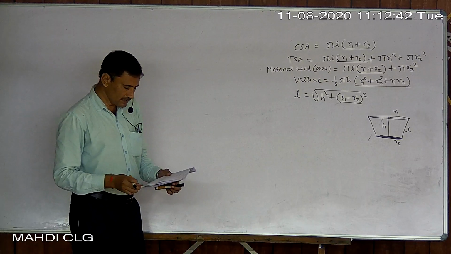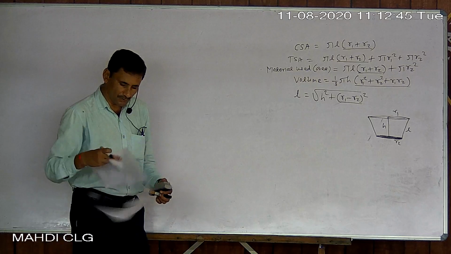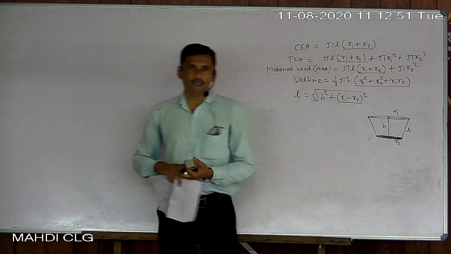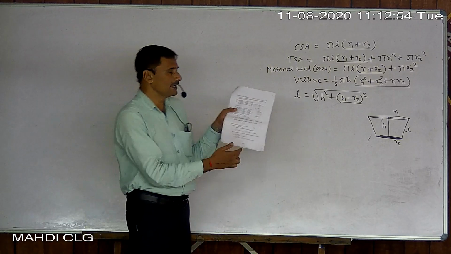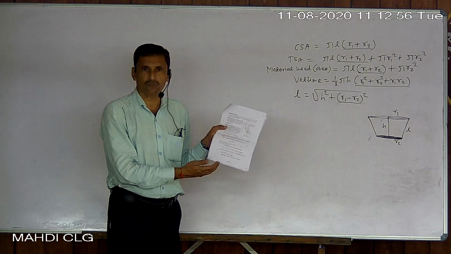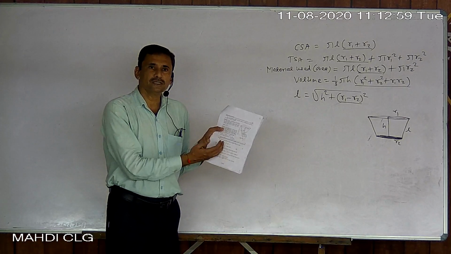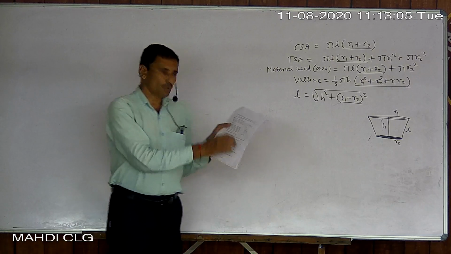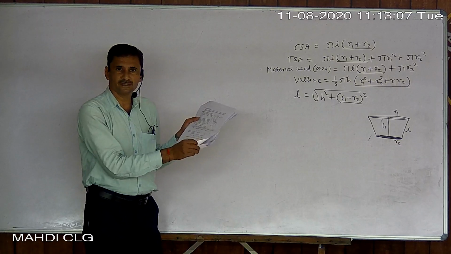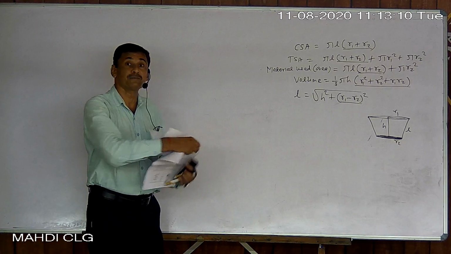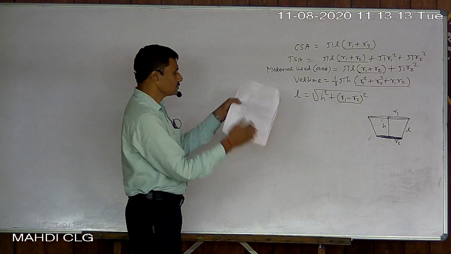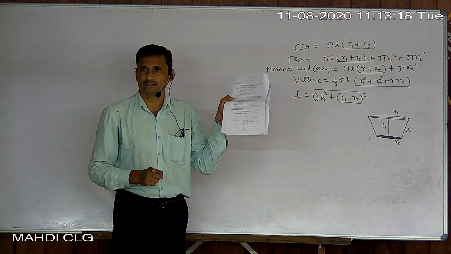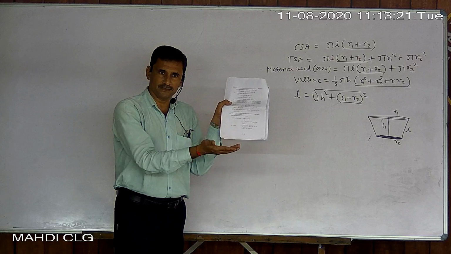Now look at the very first example of frustum of cone, means example number 12. Many students get confused here because they just look at this solution. You cannot understand this solution. Actually they solved this question without using formula. So do not look here at the very first page. Just look at the next page. On the next page they have solved the same sum using formulas.